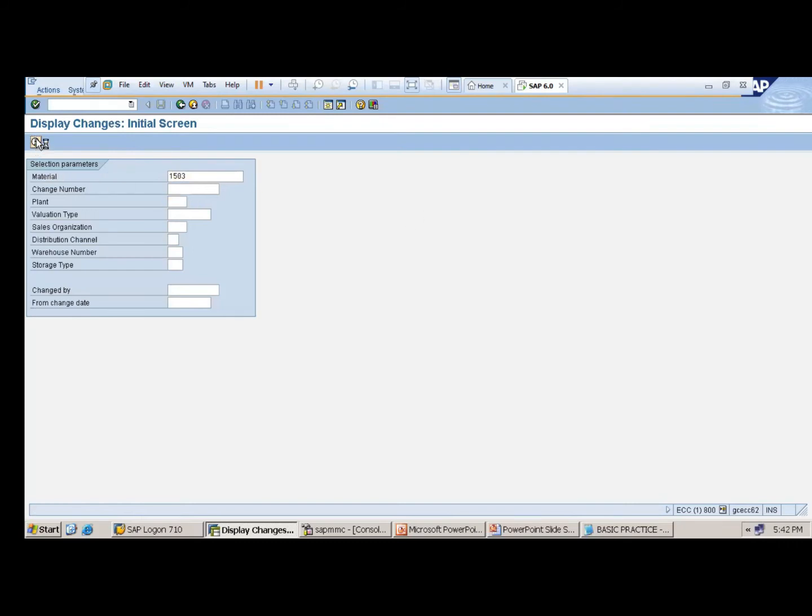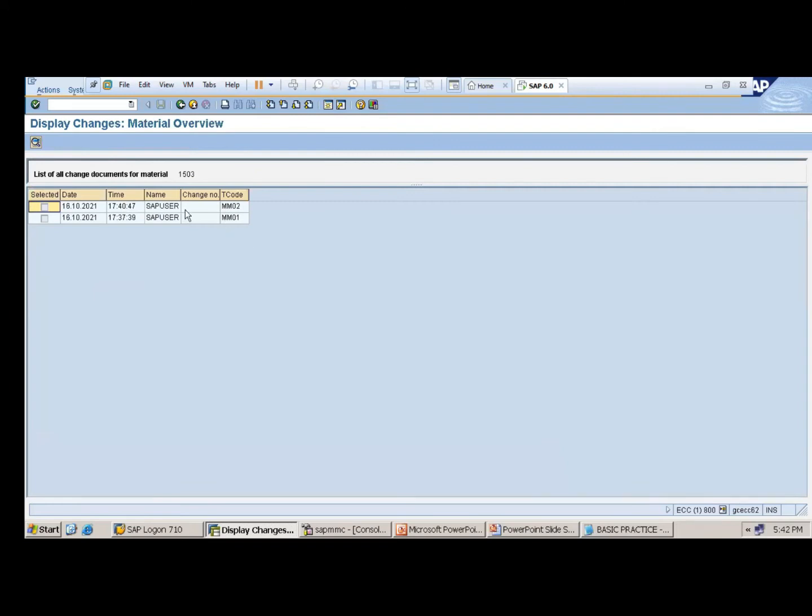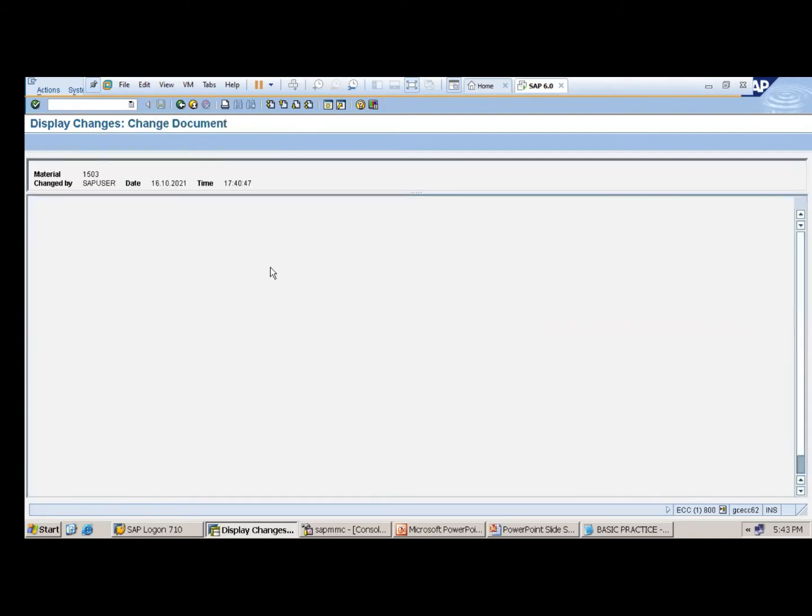Click on execute. This is what we call the input selection screen. See, this is the material. First, we did MM01 at 17:37:39. But later we made some changes. At what time? Who was the user? Let me check what the changes are. Just double click on the MM02.